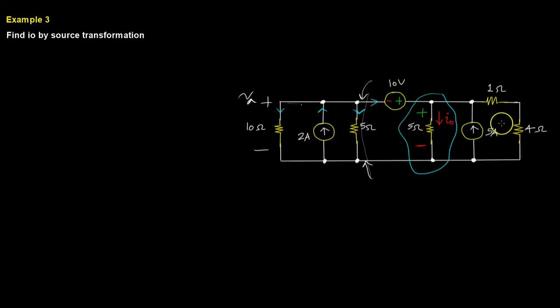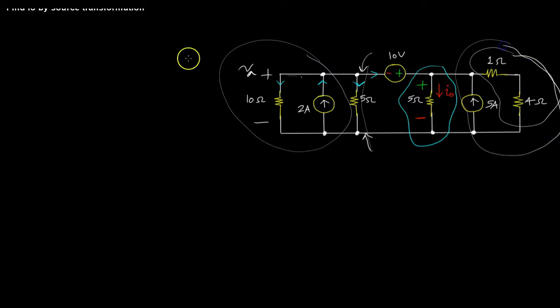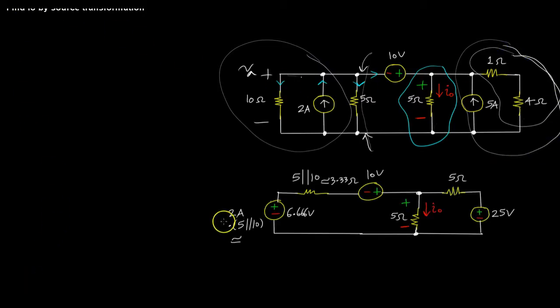And so given that, and by combining these guys together because they're in series, we can go ahead and simplify these segments of the circuit. So I'm going to source transform these sections. Okay, so once again, what I did is that I moved the current source here to the very left and moved the 10 ohm resistor to the right to be able to clearly see that I'm going to have a 2 amp source